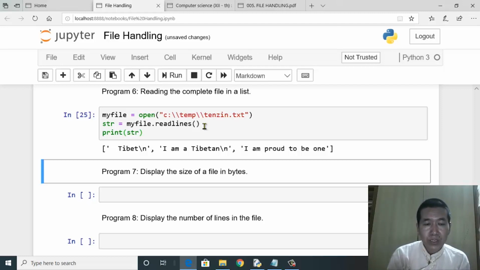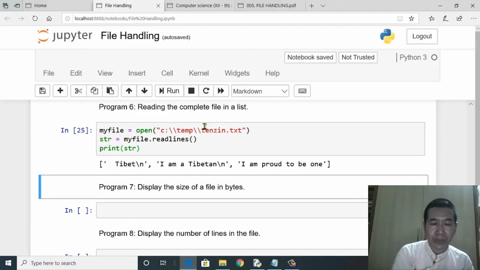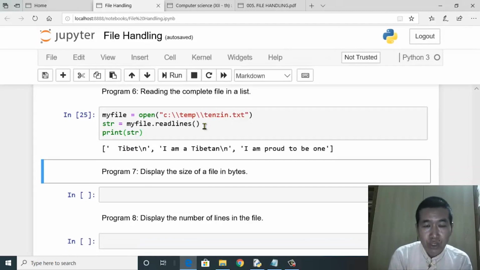The thing with the read function and the readline function is that those two functions will always return the values as a collection or a sequence of characters, and finally they are wrapped up as a data type by the name of string. But this particular function, unlike the earlier two, will return the values in the form of a list, where the individual elements are the lines of the content of the file.